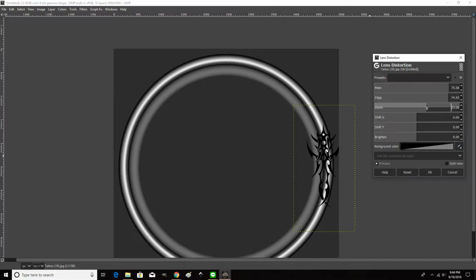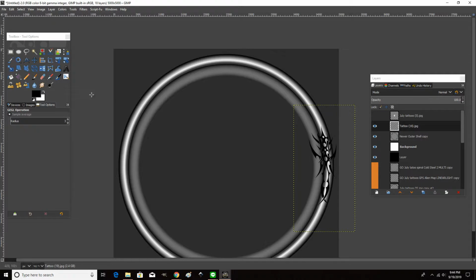Now the curve comes from the X shift here. As you can see how it goes back and forth, and bend it around a little bit like that, so it looks like it's supposed to be there, going around the curve of the badge. And I say okay,